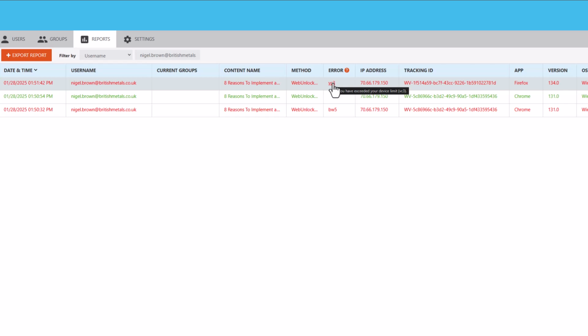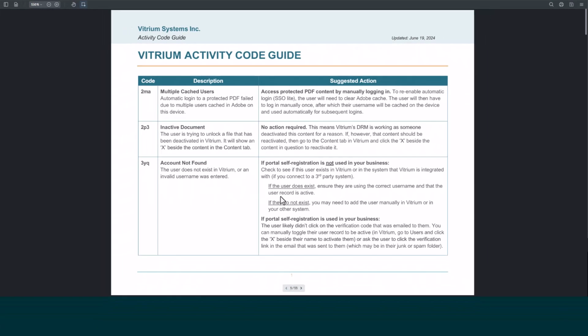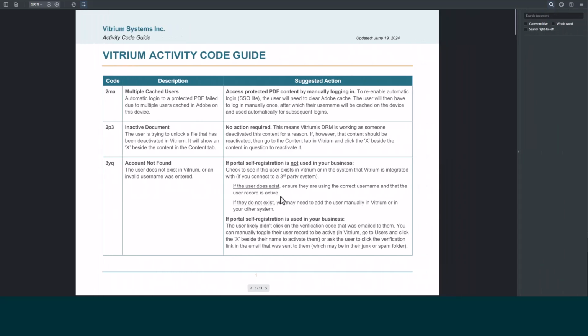If you are uncertain of how to action anything that you see in the error column, clicking on this orange tooltip here is going to open up the error code reference guide in a new tab. You can see that we have the codes, the description of the codes, and the suggested actions listed in an easy-to-read table. You can either search the document manually or use Ctrl F to find the one that you are looking for. If we search for VC3, for example,